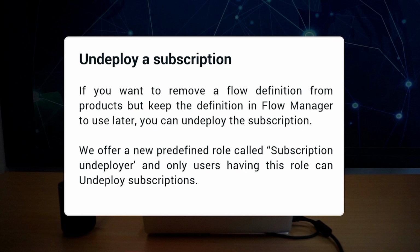Our final feature this month, Undeploy subscriptions. This is a very handy feature for situations in which, let's say, you want to remove a flow definition from products, but keep the definition in Flow Manager to use later. This new functionality comes with a new predefined role called Subscription Undeployer, and only users having this role can undeploy